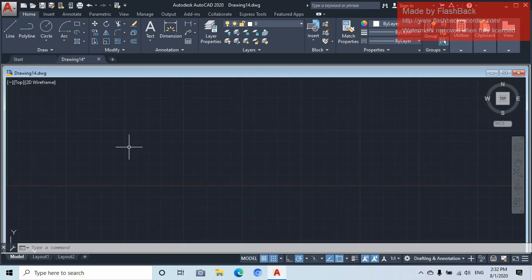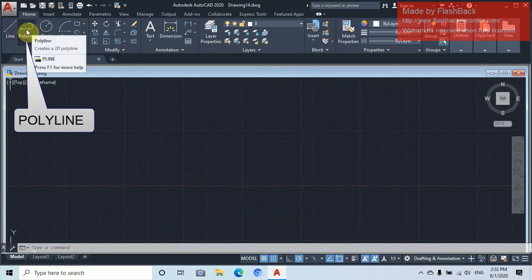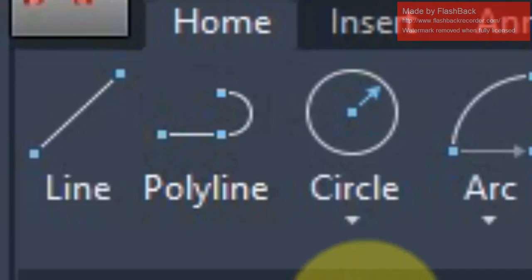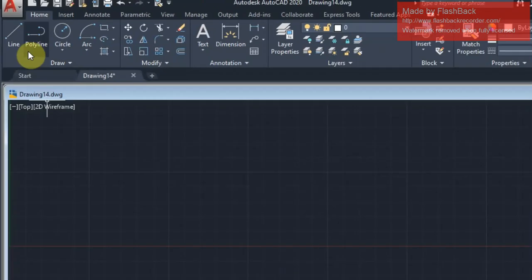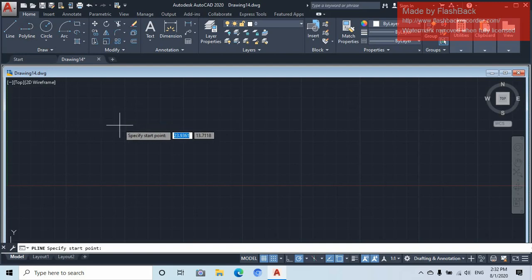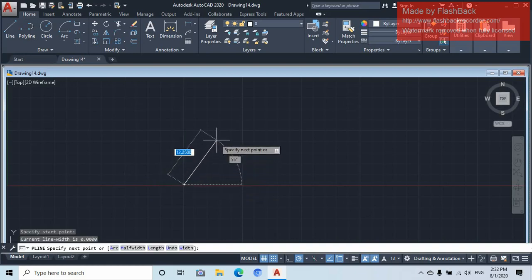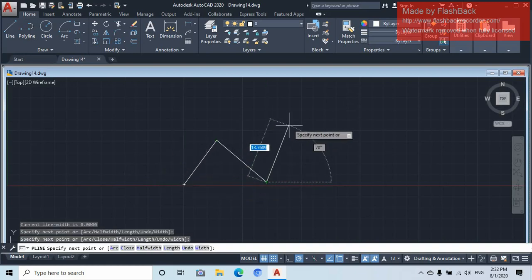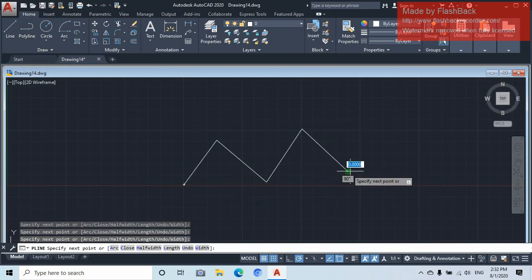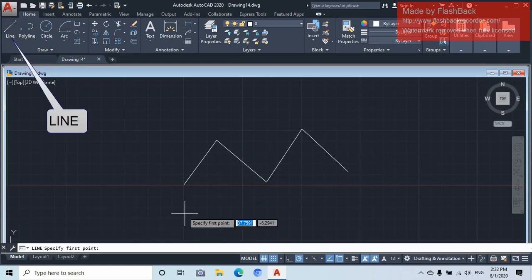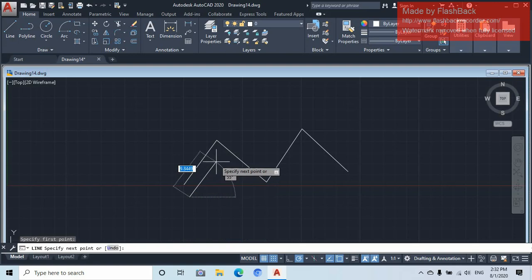From here I would like to introduce you to the polyline. You come up here to the ribbon under the drawing panel, then you're going to find polyline, then left click on the polyline, then you specify the first point somewhere here, then you go like this, second, and like that. Escape to exit. Then now let's go to line. You click on line, then second,